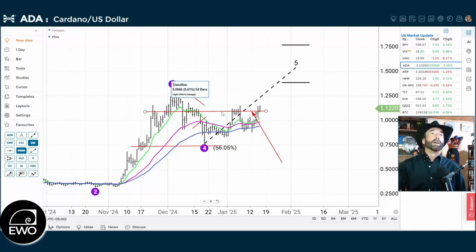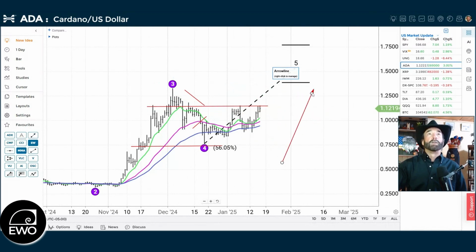And you could even make an argument that perhaps that resistance line should be a little higher. But if we break above here, above this 120 area, I call it, then Cardano could be off to the races up to that wave 5 as well. And then